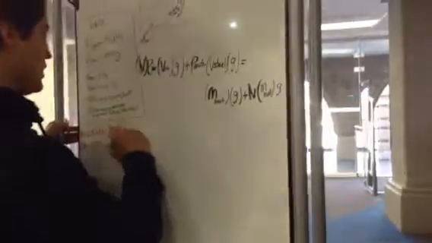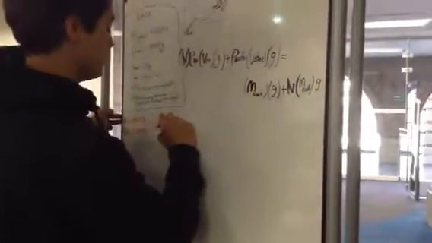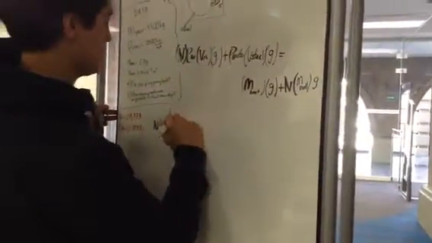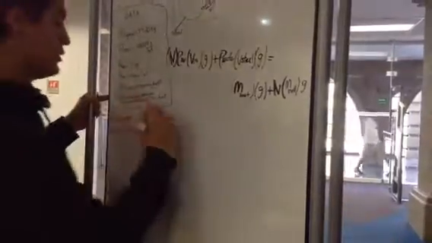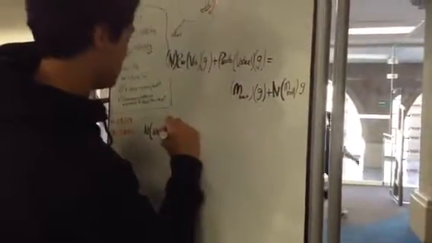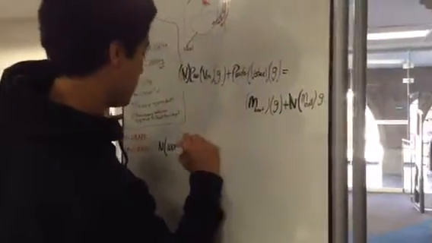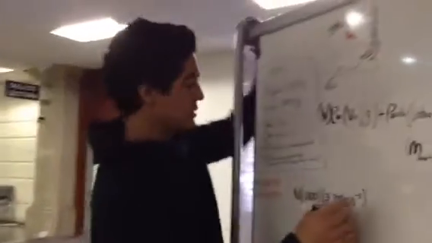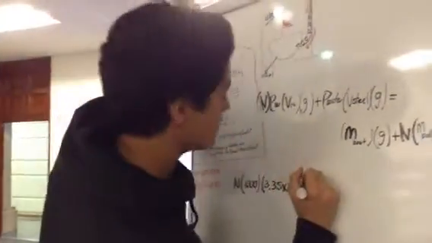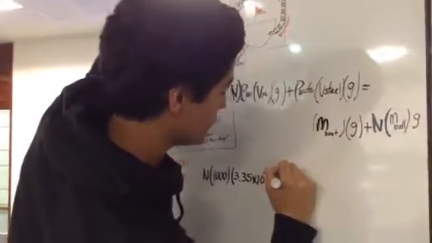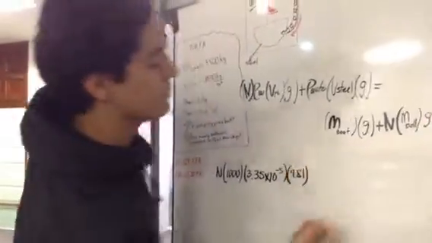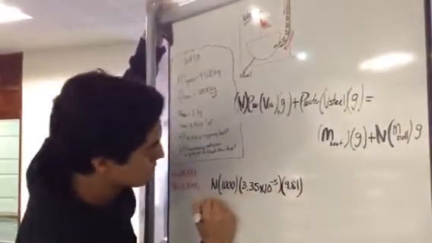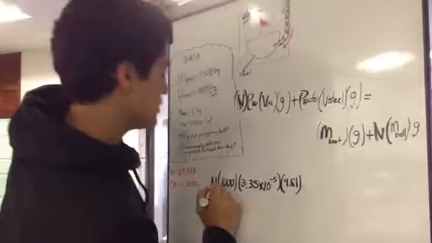So we can substitute here n times 1000 times the volume of one ping pong ball, that is 3.35 times 10 to the minus fifth, times the gravity, 9.81, plus the density of the water again,